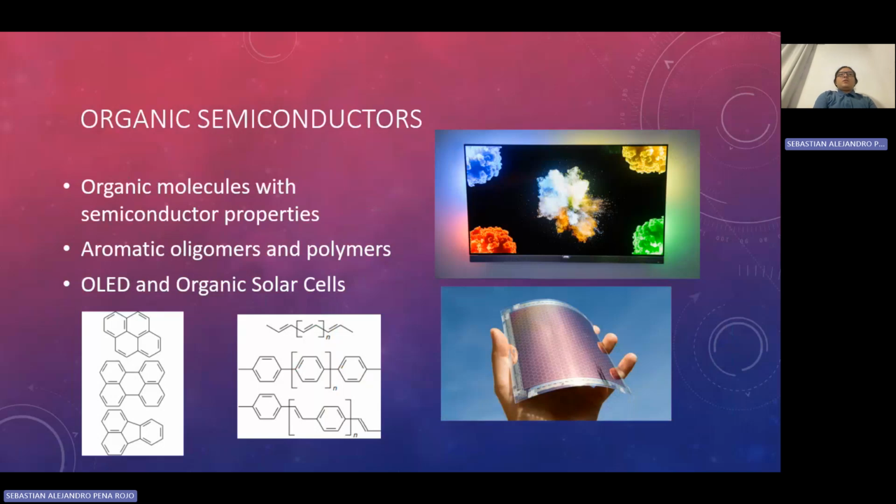Finally, I want to talk about organic semiconductors, which are materials formed by organic molecules bound by van der Waals forces. These weaker interactions give organic semiconductors less electron mobility than inorganic semiconductors. However, they possess certain characteristics that can make them excel over inorganic semiconductors, such as their low cost and their low weight. Their optical properties have been exploited to make efficient organic light-emitting diodes and organic solar cells.